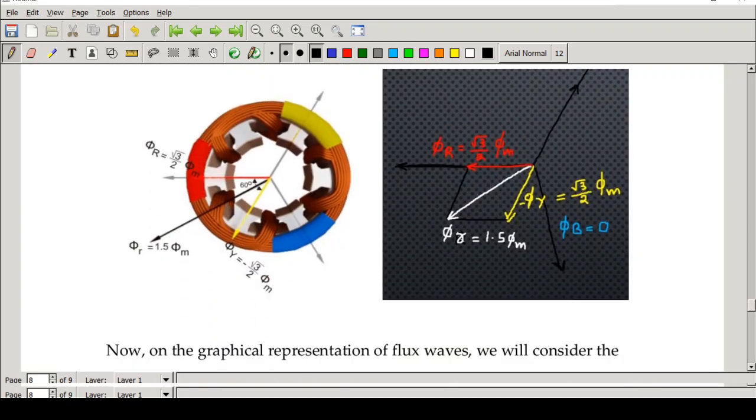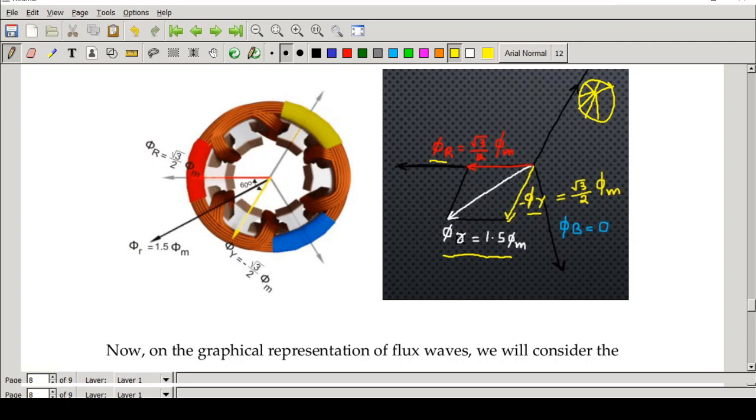So this is the red phase. You can see the red phase here, and this is the red phase. And this is the yellow phase. I have taken it minus phi y, and the resultant you can see here. So initially the direction was like this, like this, like this. See, the resultant flux is rotating. See here, now it will change like this based on the angle omega t. In space it is moving like this. That is how we get a rotating magnetic field.